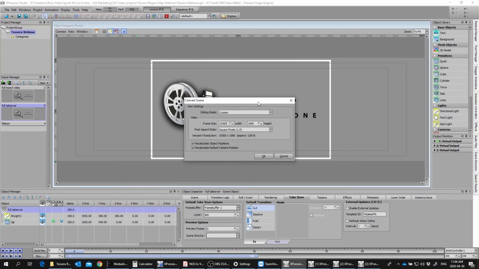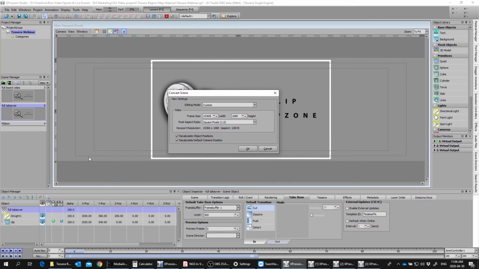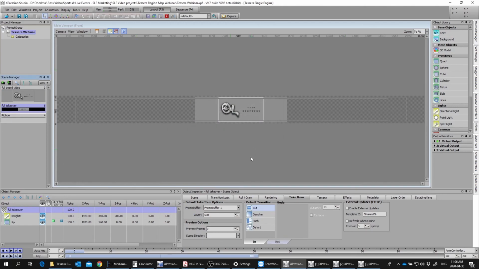15,360. Now it's not going to be 1080 because I also now need to add 80 pixels of vertical onto this scene to accommodate the placeholder for the ribbon. So it's actually going to be 1160. 15,360 by 1160. So now the scene has gotten much larger, obviously. Our little video board, our main video, looks sort of orphaned in the middle of the scene.